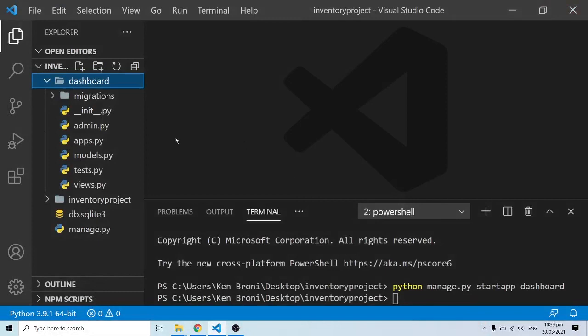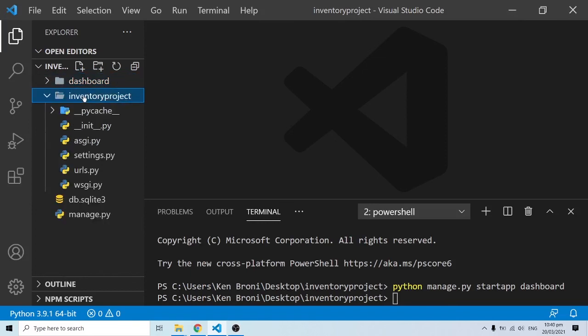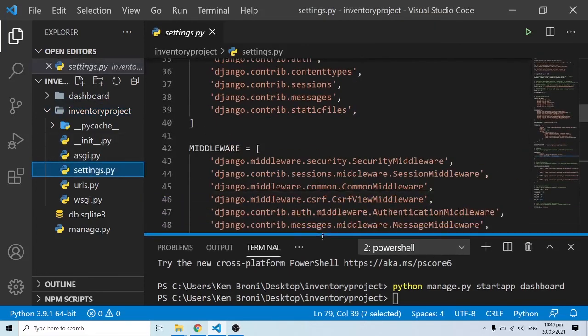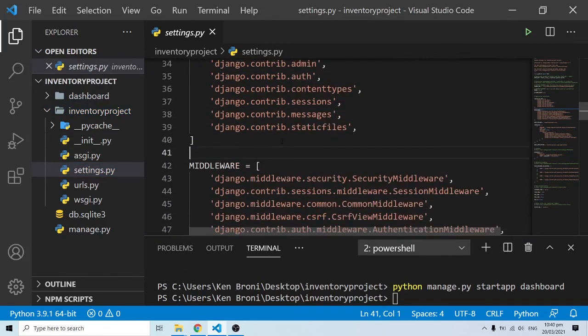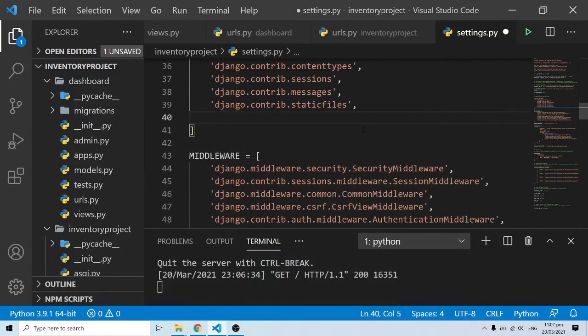So I'll come back to VS Code, and now that we have our app created, what we need to do next is to actually register our app. So I'll collapse this and go to our inventory folder, or our inventory project folder, and I'll go to settings.py. Remember, this has to do with settings. So we need to inform our system that yes, we have an app that we want to register. So we'll come to installed apps over here, and there's a list. So I'll just include the app we just created. The name of the app is going to be dashboard. So I'll do dashboard.apps and I'll say dashboard